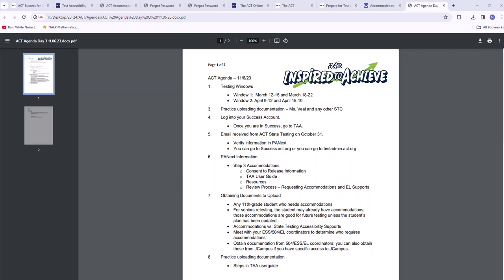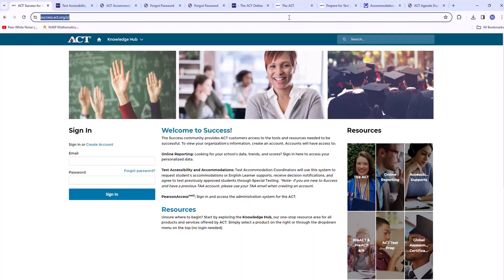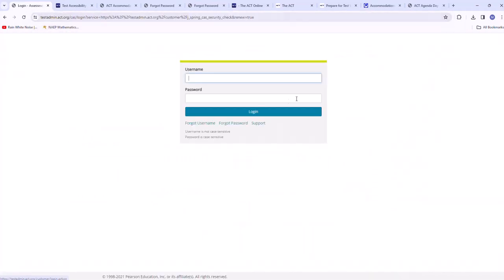If you've done this before, you have access to the importer role, because I can go in and show you real quick what I'm talking about. Let me go to test admin. Okay, so here's what I'm referring to.